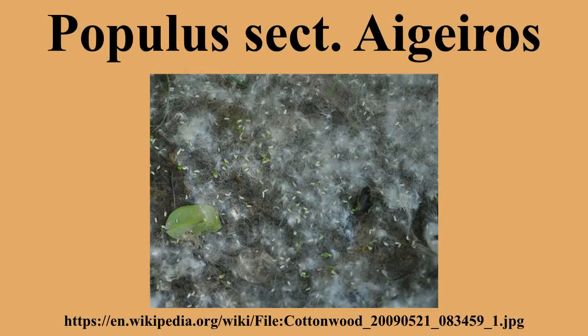Populus section Aigeiros is a section of 3 species in the genus Populus, the poplars. Like some other species in the genus Populus, they are commonly known as cottonwoods. The species are native to North America, Europe, and Western Asia. In the past, as many as 6 species were recognized, but recent trends have been to accept just 3 species,